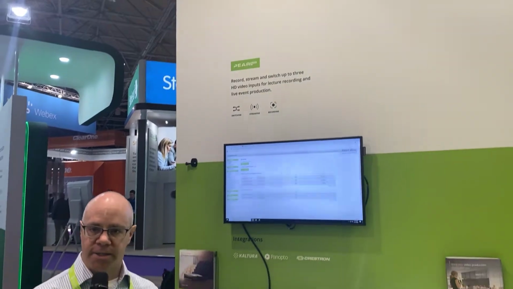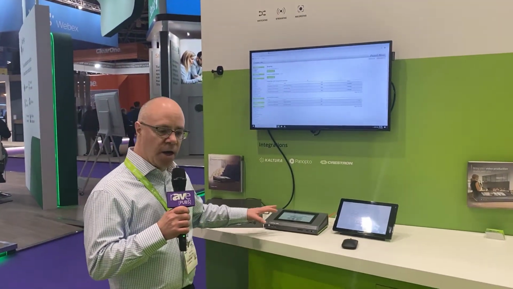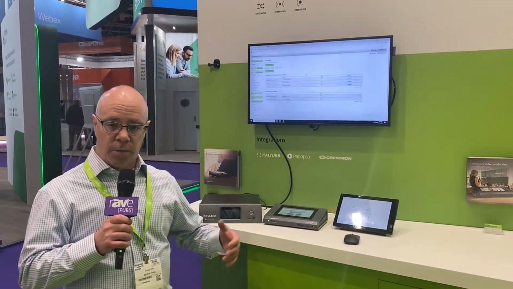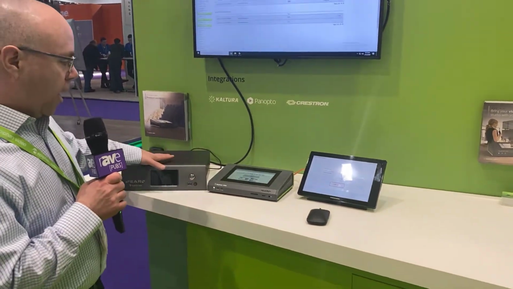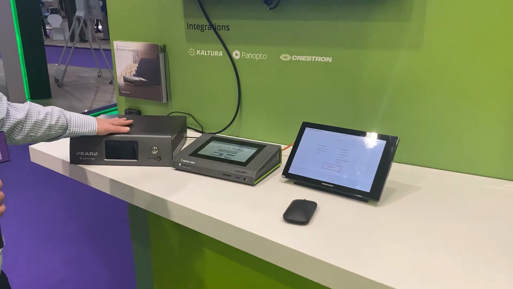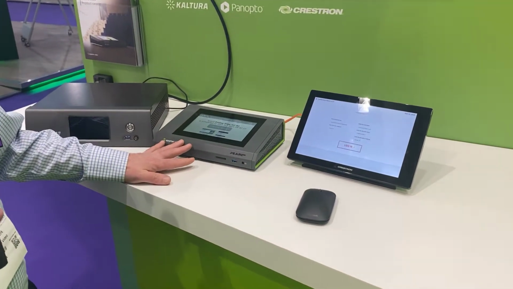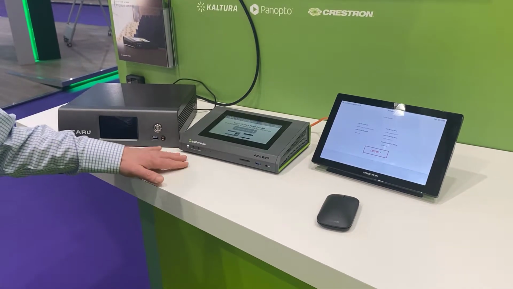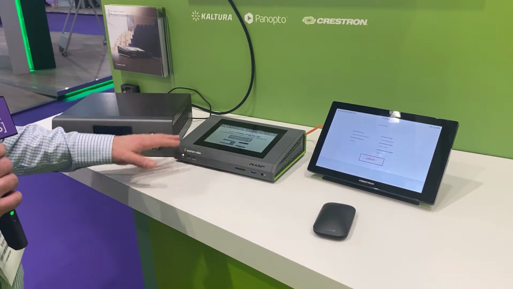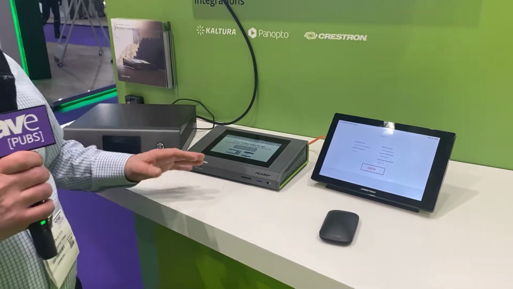We're here at our ISE 2020 booth, and I wanted to highlight our integration with Panopto in our Pearl product line. So we've got two products in the line. We have our Pearl 2 product and our Pearl Mini product. Both of these products are complete switching, streaming, mixing, and recording solutions, and they're fully integrated with the Panopto content